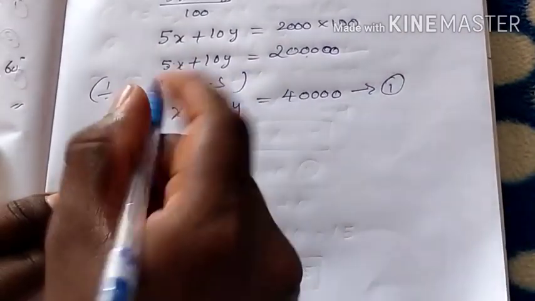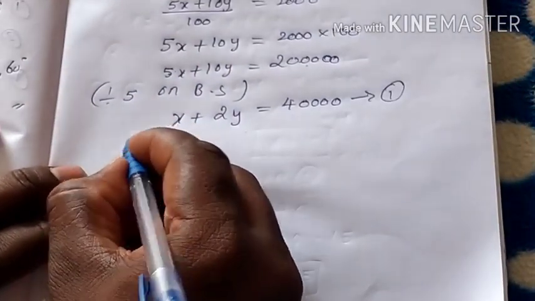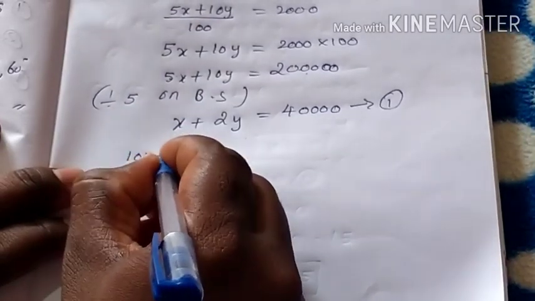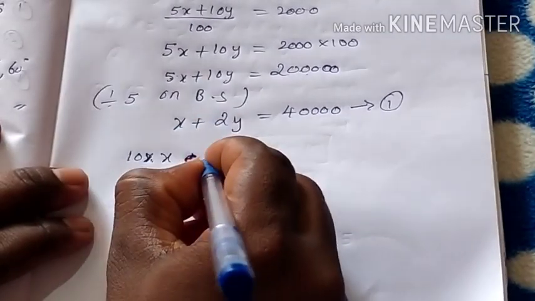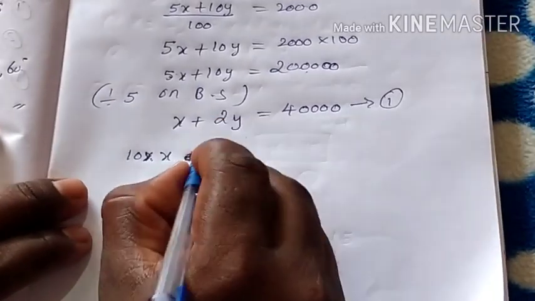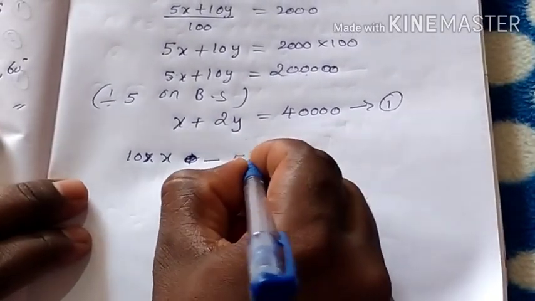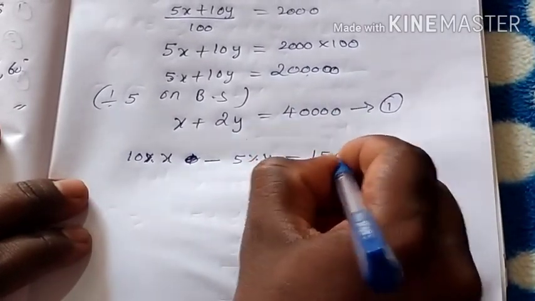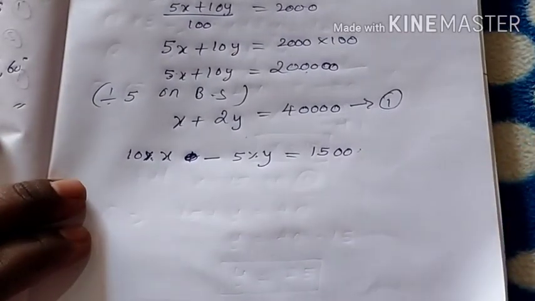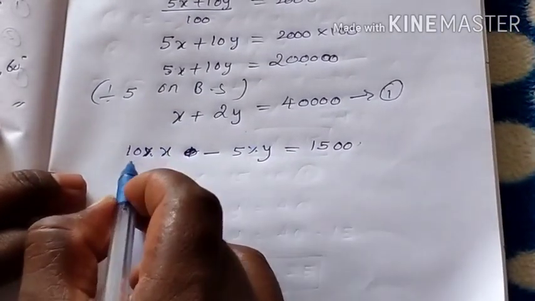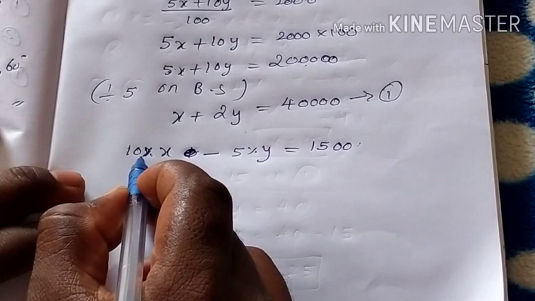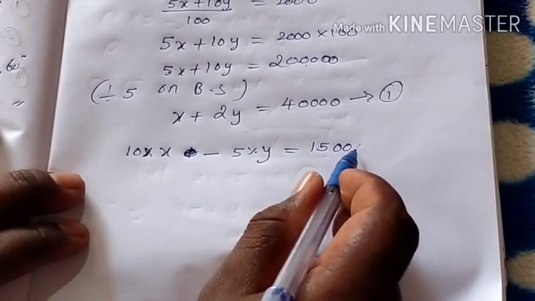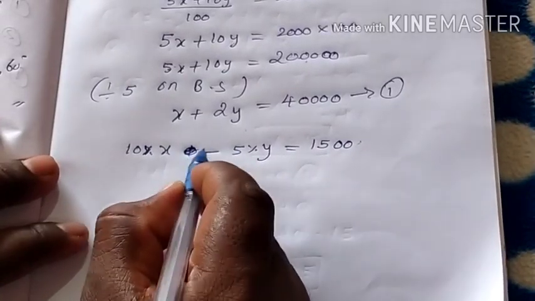The next condition is 10% gain. So 10% of x, and the loss represents the minus. So loss is 5%, so 5% of y, which is equal to the total transaction amount, 1500, the gain. Okay, this is the second condition. 10% gain and 5% loss. The total gain is equal to 1500. The loss represents the negative sign.